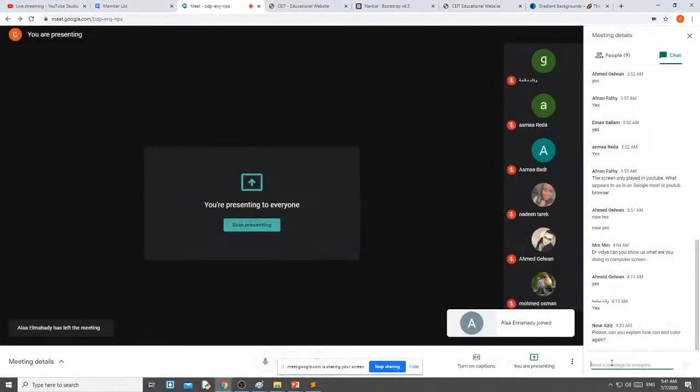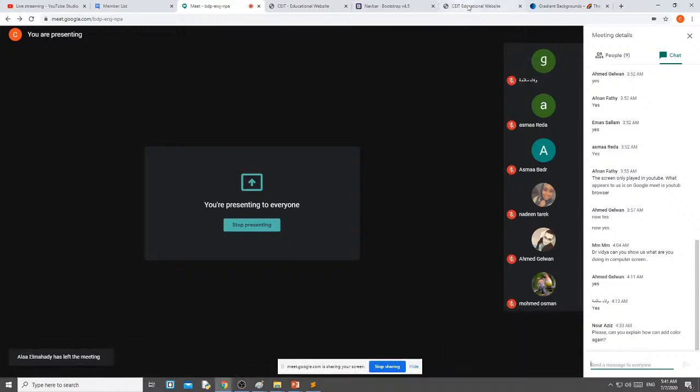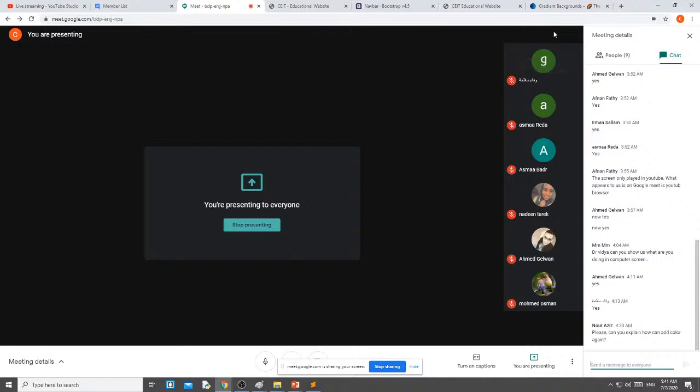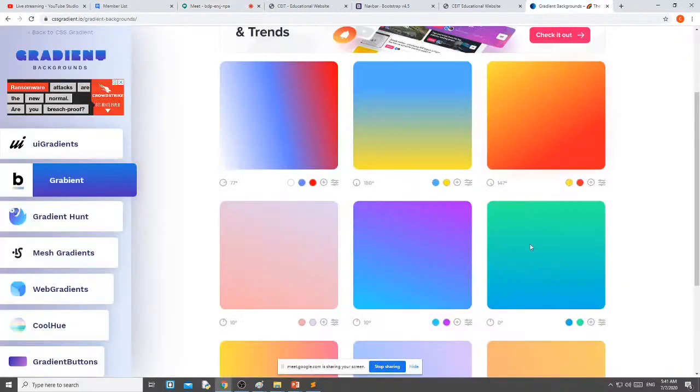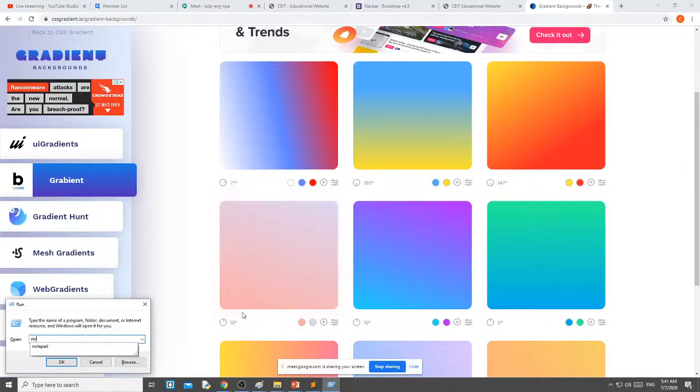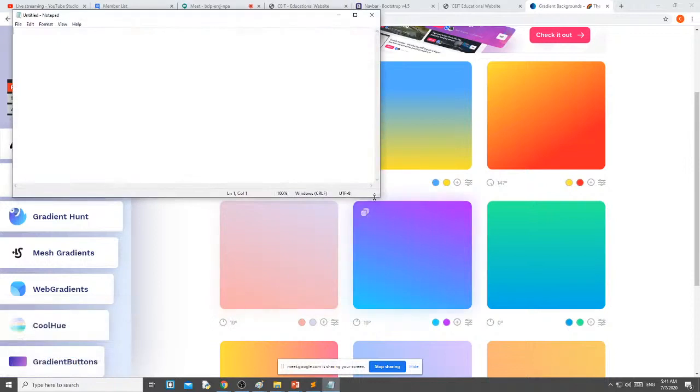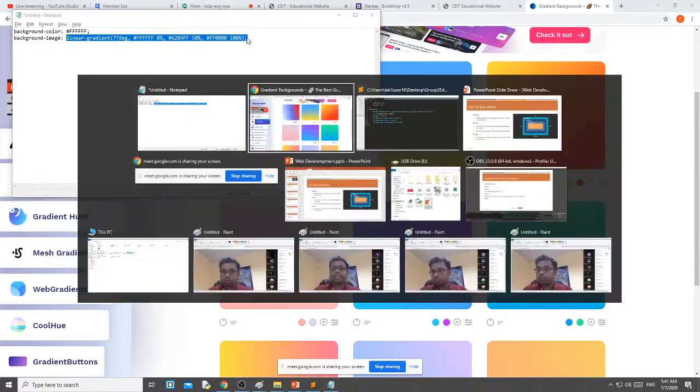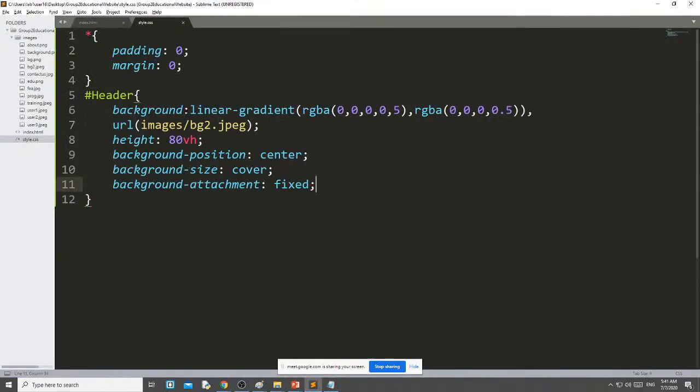You can add color again. Okay, to add color I will tell you in the respective place. Suppose here I want to add this color, then simply I just copy the CSS and paste it in Notepad. Okay, and I just take this value and paste it here.